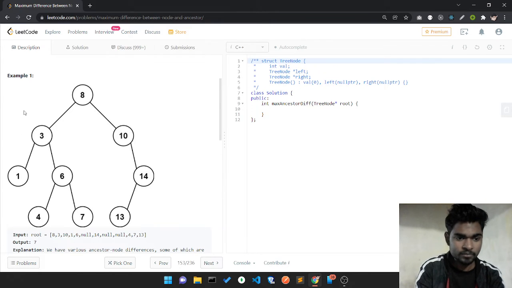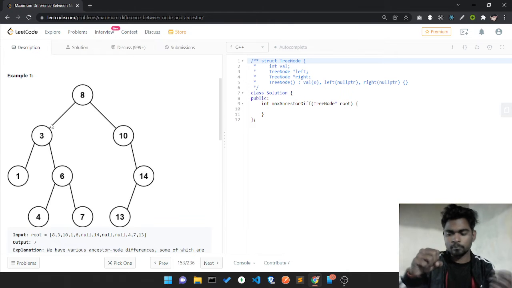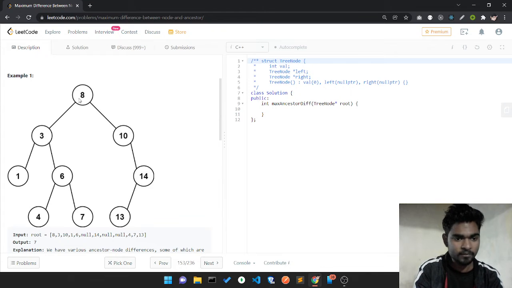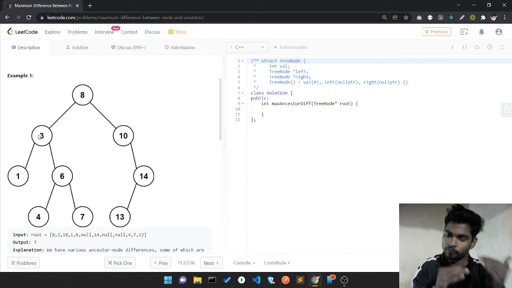Let's say we want to pick two elements such that the value between these two is maximized. We want to maximize the value. Let's say we pick this 8 and we pick this 3. So what's the maximum value? It's 5, but there's one more thing I have to check.